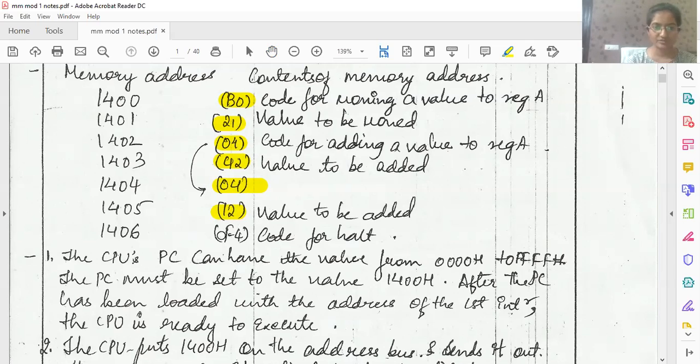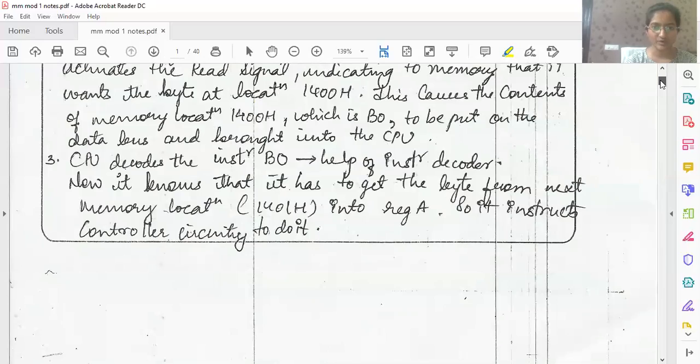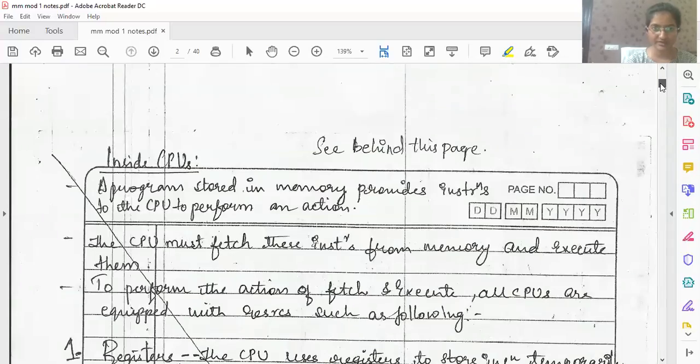Okay. So next, the result will be now stored in register A, which we can fetch from the memory. We know the procedure to fetch the data from the memory. F4 is the opcode used to halt, right? This is a general process a particular processor goes through in order to add three numbers, right? So this is a procedure that we are aware of and we have already seen in our previous classes, right? So the same explanation is given point-wise, which you can go through, all right?